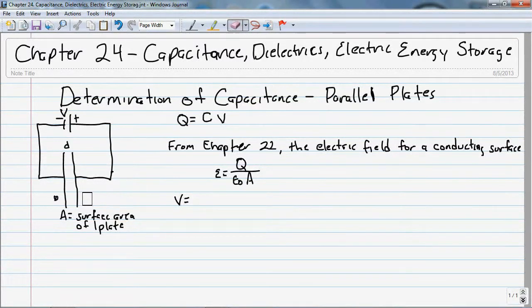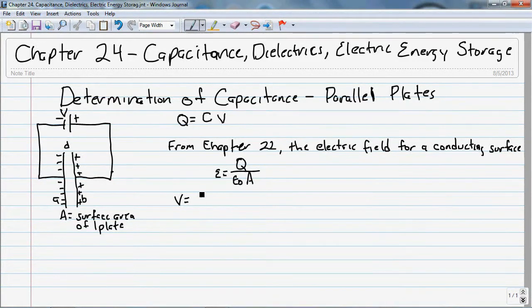Sorry about that. It should be B on this side and A on the other side. I'm going to have positive charges on the right and negative charges on the left. So I'm going to be integrating backwards